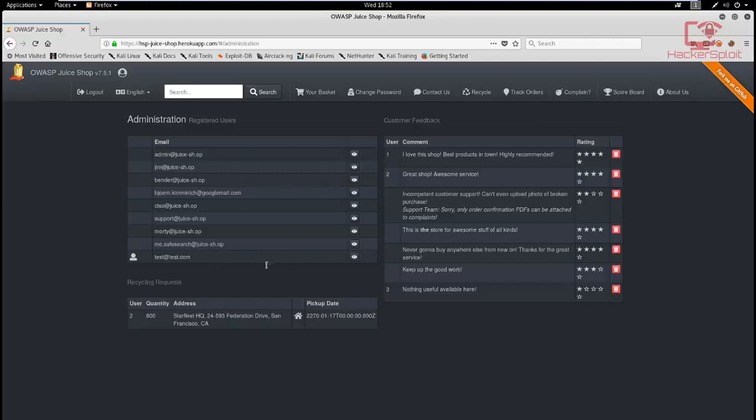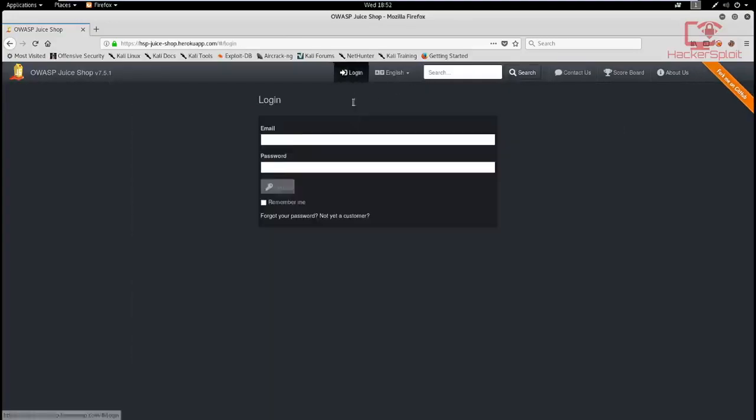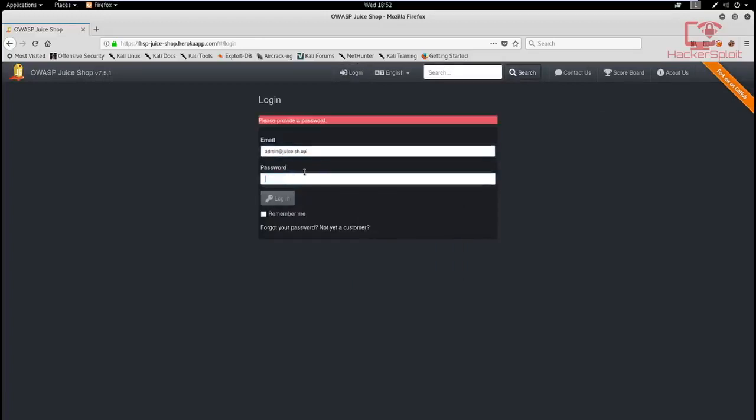So yeah, all right. So we got the registered users, customer feedback, and the recycling requests that have been posted so far, which means we're starting from the basics. So I think we can try and log in with admin, but we don't know the password. So I'm just going to log out, and let's see if we can log in with admin@Juice Shop, and I'm probably guessing we have to use SQL injection,